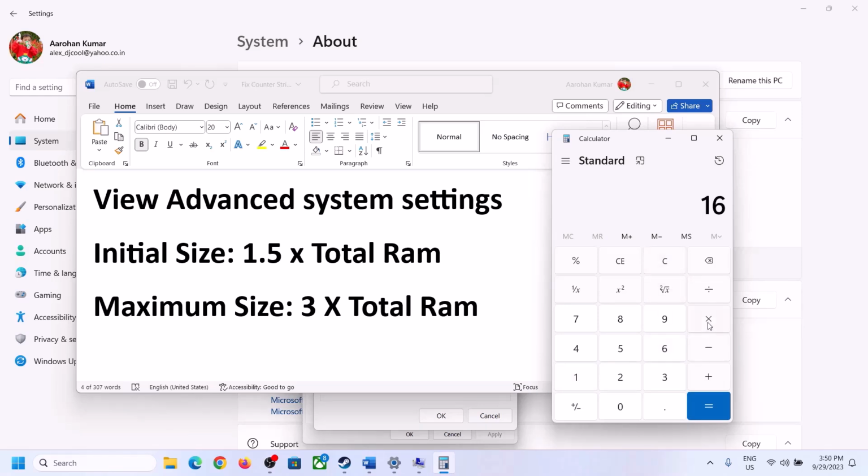16 times 1024, because 1 GB is equal to 1024 megabytes. So 16 GB in megabytes will be 16384. Times 1.5, that is 1.5 times total RAM. This is my total RAM in megabytes, and now multiplying by 1.5, in my case the initial size is